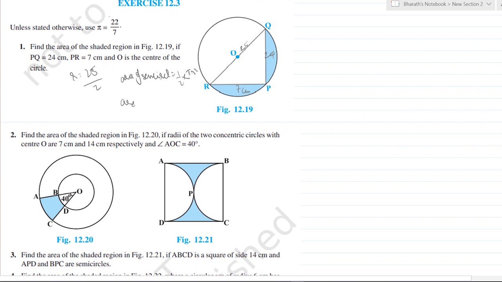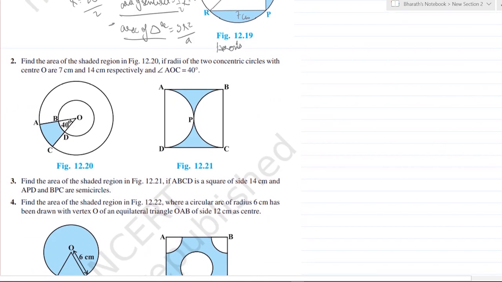Then area of triangle. We have a smaller formula, like I don't remember the formula perfectly, like 3r square divided by a, or 3a square divided by r, something like that. Or you can use Heron's formula. You remember Heron's formula, right? Use that and you can find the area of the triangle. After finding area of the triangle, area of semicircle minus area of triangle, and we can get the area of shaded region.